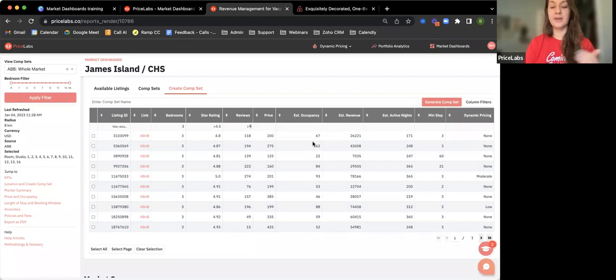And sort of filtering based on that, as well as the active nights. So I know that I'm going to be a professional manager. My home is going to be available 365 days a year. So I don't necessarily want to compare myself or take into account listings that are only renting for a couple